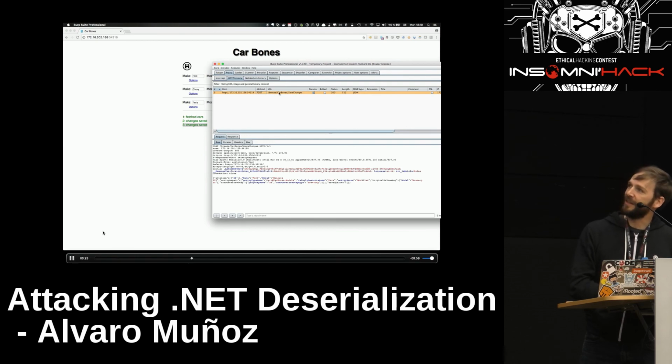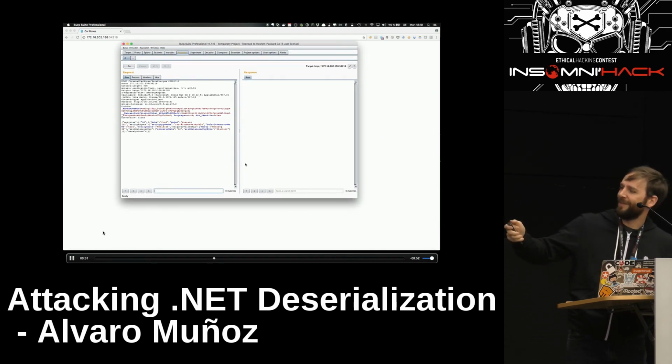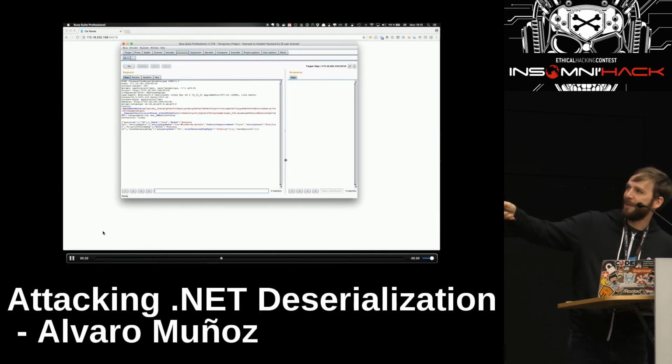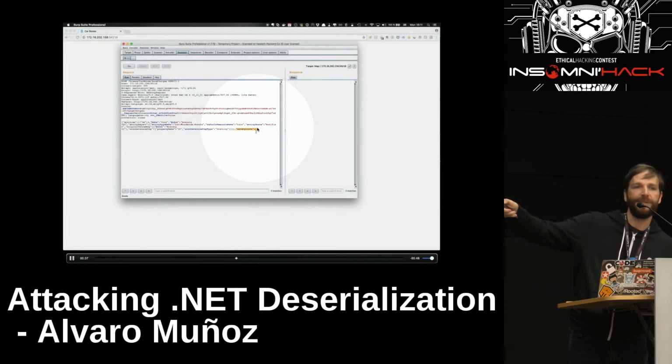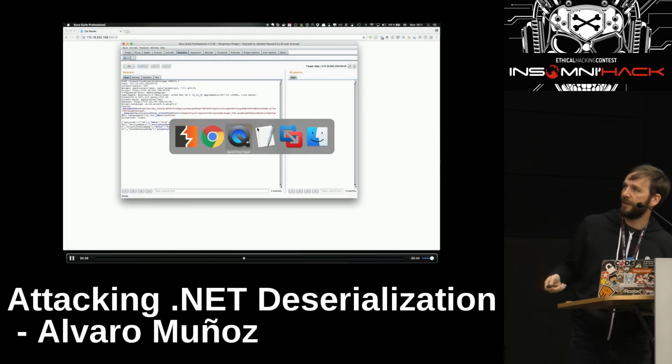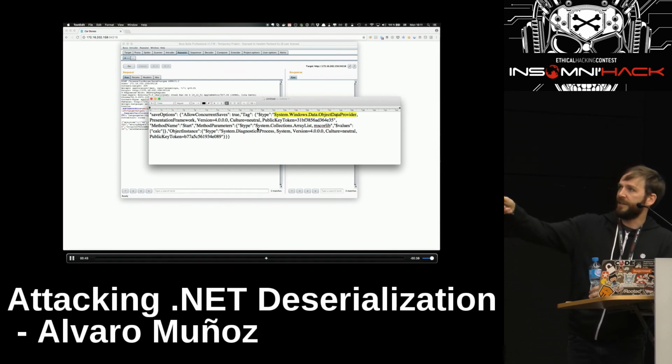And if you change that and send it to Repeater, you will see, or I don't know if you will see, but there is an empty dictionary here that is called SaveOptions. Because this is using JSON.NET with the TypeNameHandling,